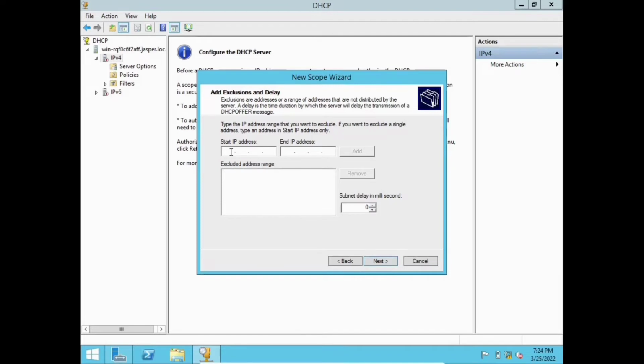and then we're gonna type the IP address range that we want to exclude. If we want to exclude a single address, type the start IP address only. The start IP address is 192.168.1.120, and our end IP address is 192.168.1.130. Then click add, and as we can see here below, the excluded address range is added. Then click next, and